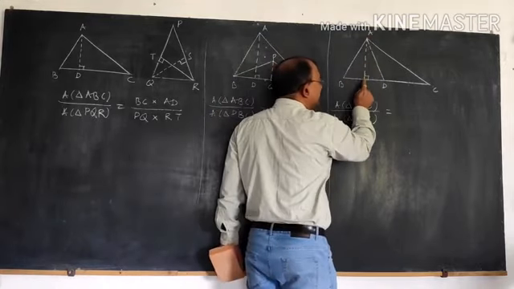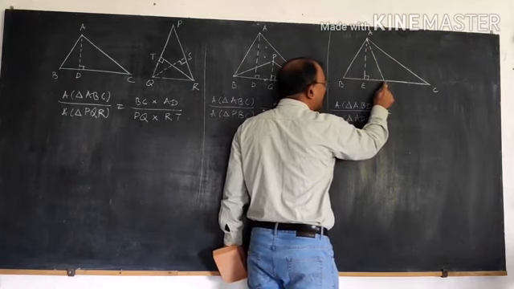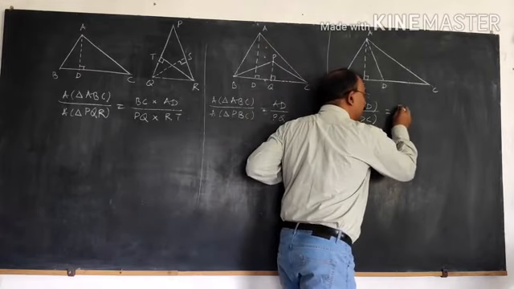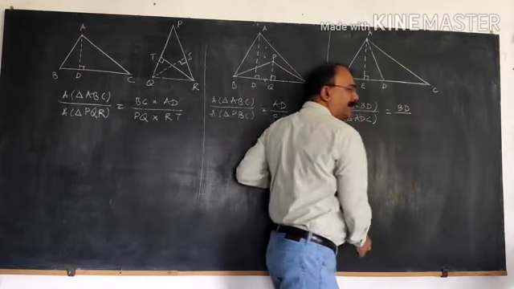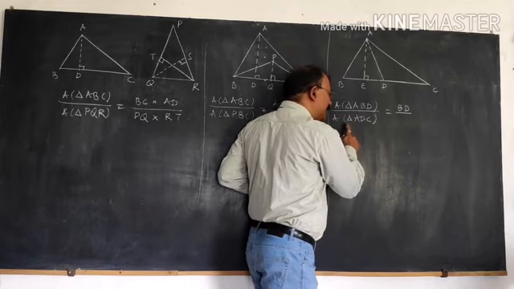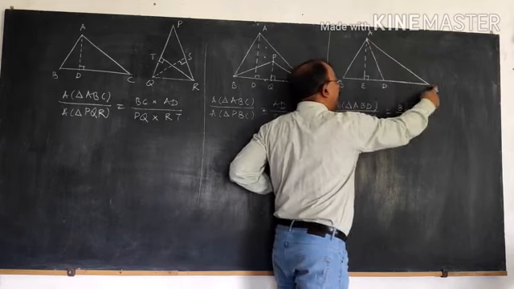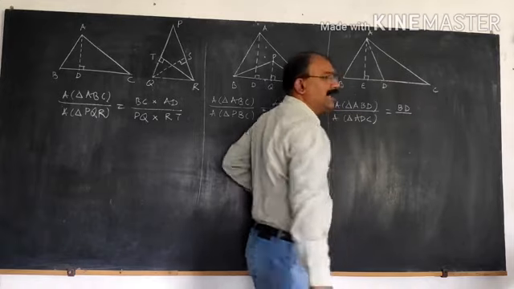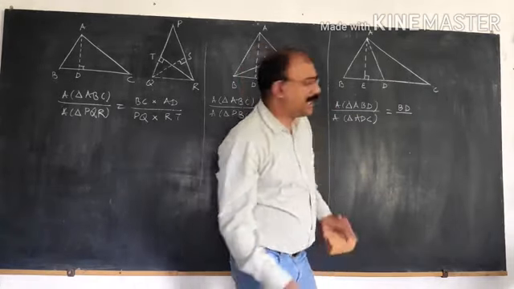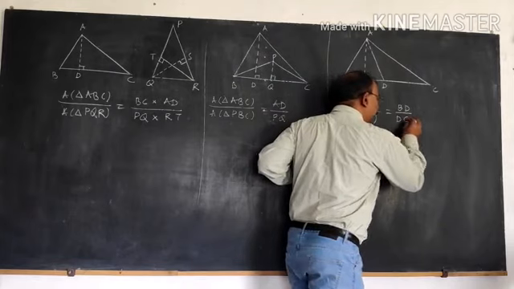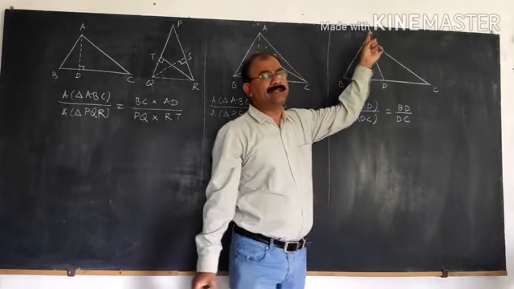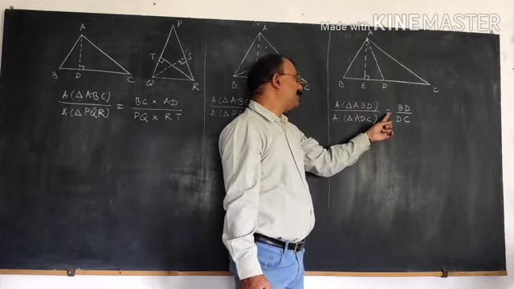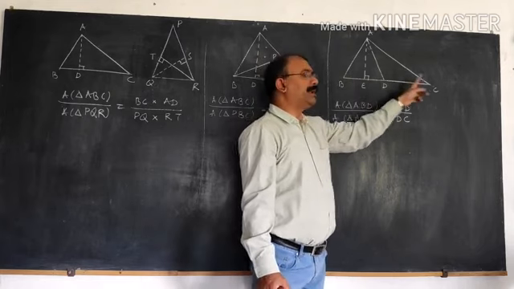So if AE is the height, the base of the triangle ABD will be equal to BD. So this is equal to BD upon the second triangle. The denominator has triangle ADC, and for triangle ADC, if this is the height, this segment DC will be the base. So BD upon DC. So when the triangles have same height, the ratio of their areas is equal to the ratio of corresponding bases, BD upon DC.